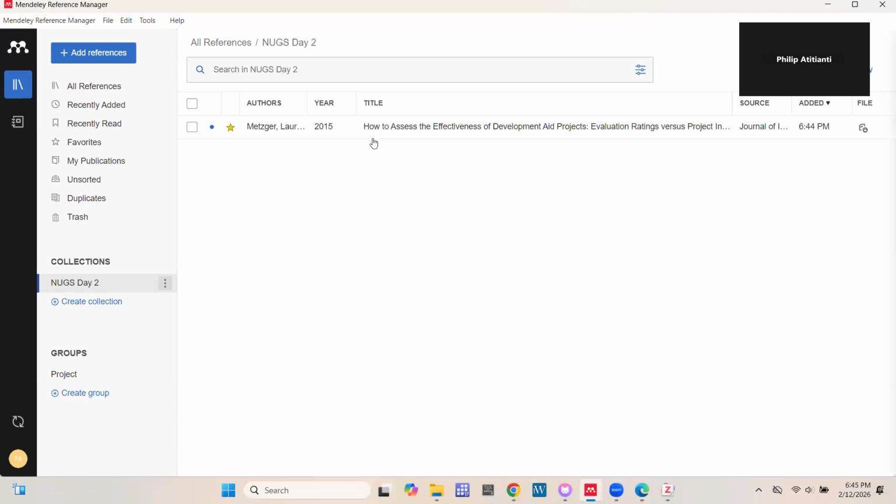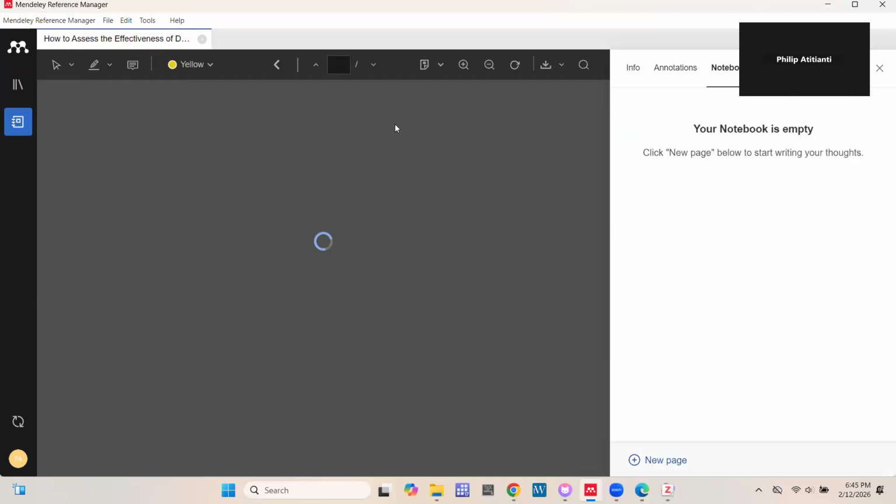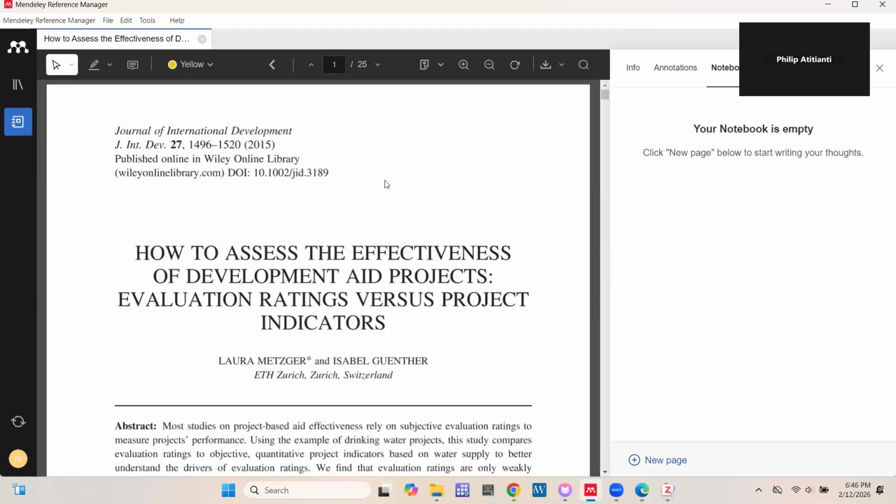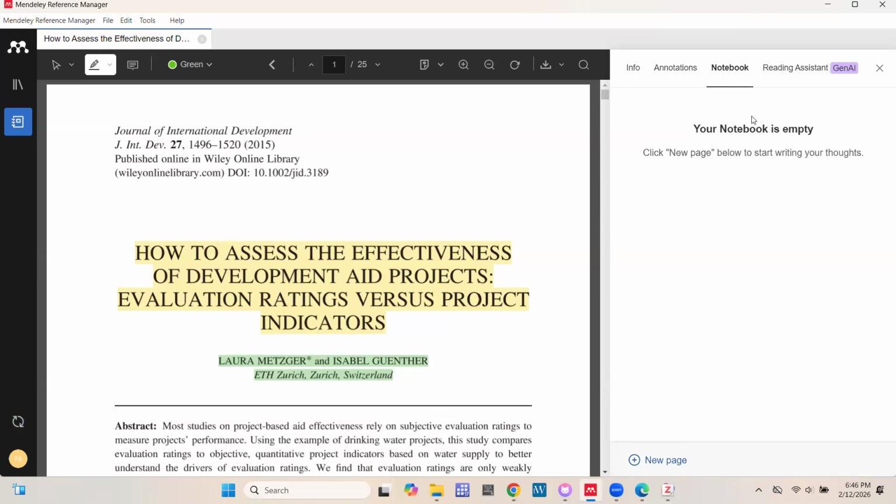Okay, so once I open this file by double-clicking it, you'll be able to access the associated PDF, or associated file, and then you'll be able to do the normal stuff you do in your ebook viewer. If you want to highlight, you can highlight. If you want to make a note, you can make a note. If you want to change the color of the highlights, you can do all those things, just like we know.